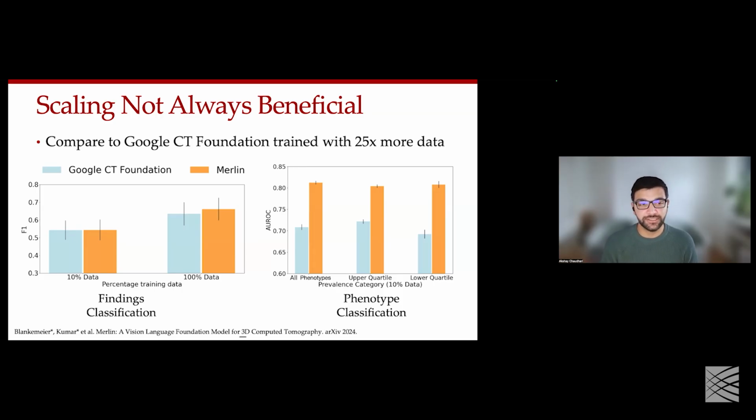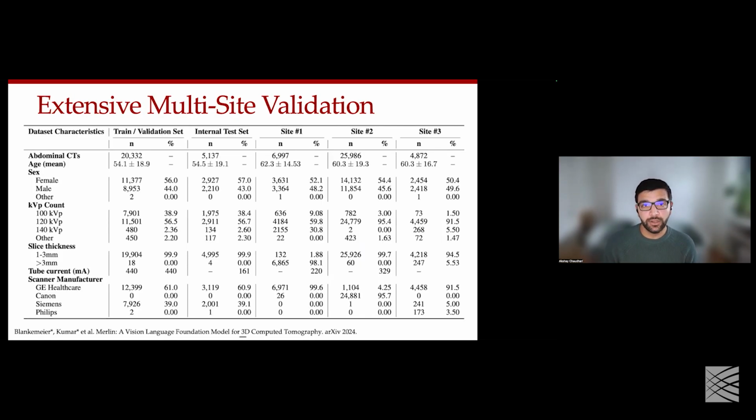We're able to run comparisons with a model from Microsoft, their MedImageInsight, and we see similar scaling curves. And we have ablations performed across at least 15 different model architectures that really shows that this Merlin pre-training strategy works quite robustly. And this for us was very useful to learn because we really wanted to validate our model across data from multiple different sites.